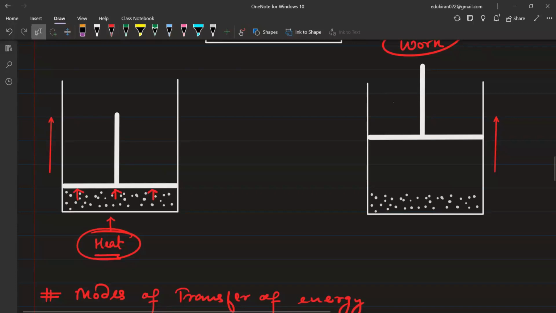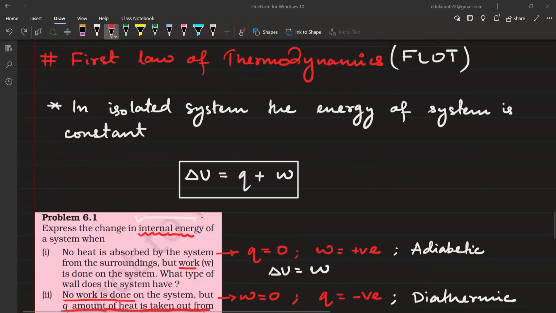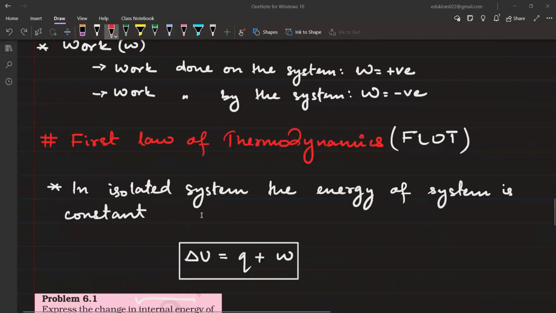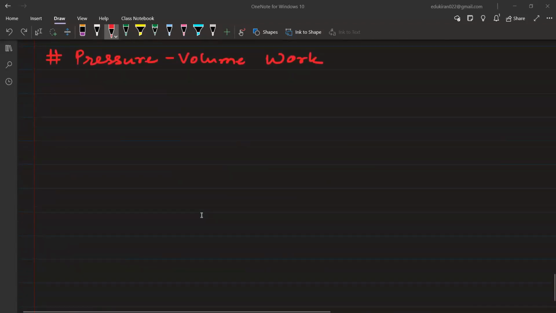When we were lifting this piston up, we were obviously doing some kind of work. And the consequence of that work was there was some kind of pressure change, and volume was increasing or decreasing. If I am pushing the piston down, then I am exerting some kind of pressure. The volume is decreasing. So the calculation of work using pressure and volume is what? Pressure volume work. अब ध्यान से जरा इसको हम लोग समझते हैं, ठीक है?